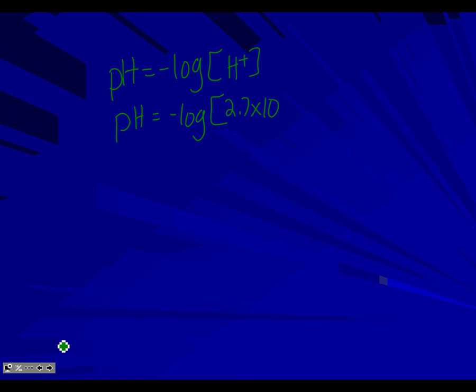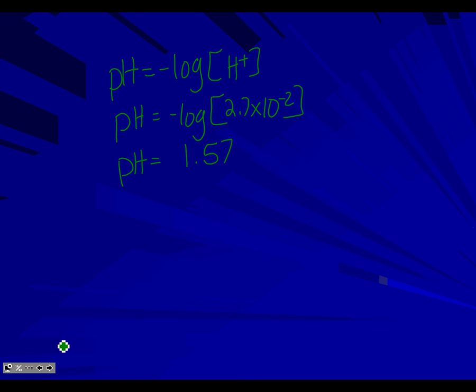So pH equals the negative log of our hydrogen ion concentration, so the pH equals the negative log of 2.7 times 10 to the negative second. Now, this is not one where you can use our little cheater rule, and the reason is because our coefficient is not 1. So yes, you will have to pick up your calculator this time, and our pH is